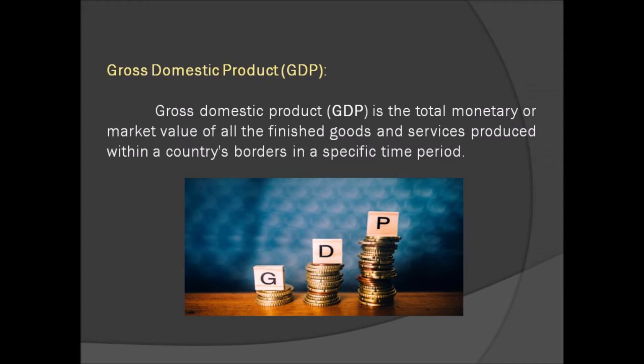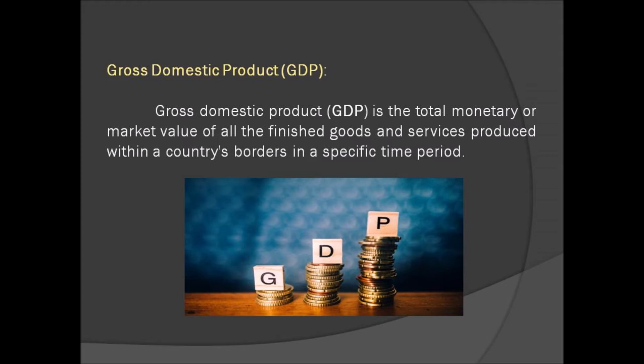The second factor to be considered is whether the goods or services are produced within a time period. In India, the GDP is measured both annually and quarterly, that is, once in a year or once in 3 months. The annual GDP is based on the financial year, which starts from April 1st to March 31st of the next year.